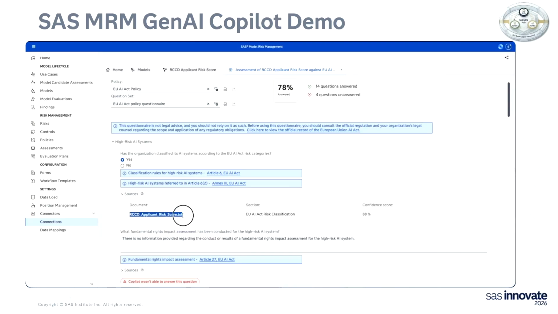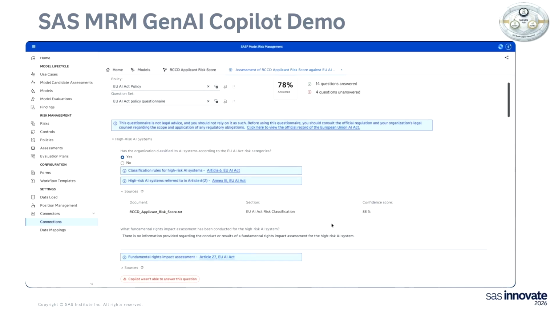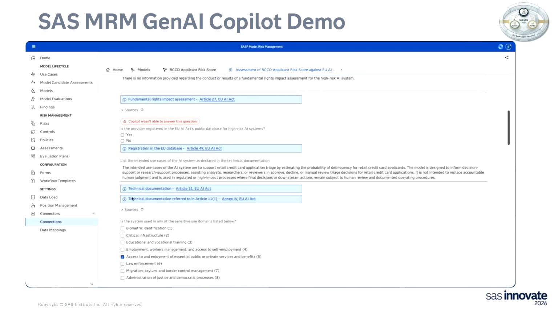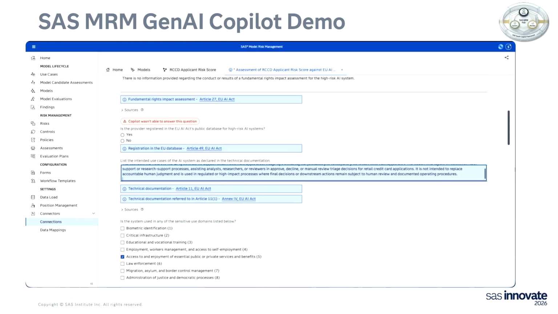And here you see the provenance, where we're showing you how we actually give that answer. We didn't make it up. This information was available within the document itself. You can also see the confidence score. The LLM is telling you how confident it is with the answer that it gave. And you can see highlighted in red any question that has not been answered because the information simply wasn't available. You can then go ahead and either modify or change any of the answers. This is the last piece, the last mile, that typically a model validator would do.